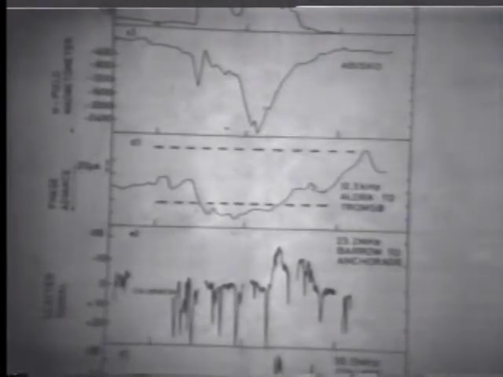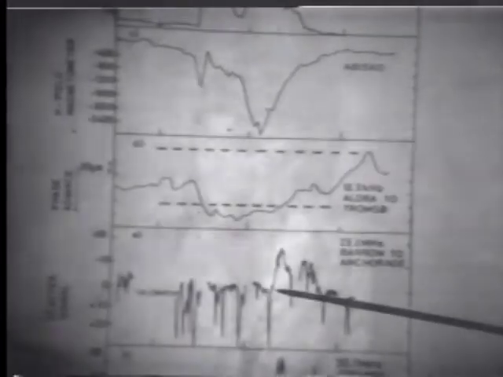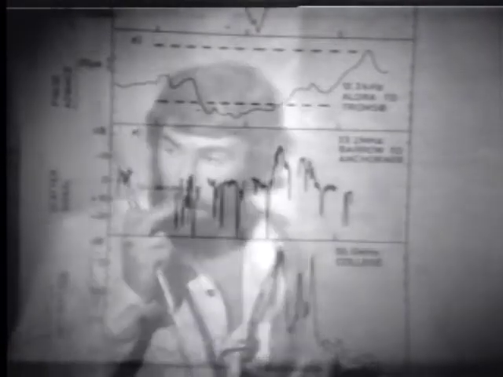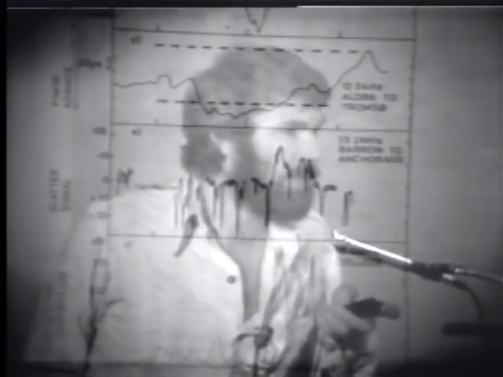Now, roughly 3/4 of an hour later, the forward scatter link between Barrow and Anchorage at 23.2 megahertz began to show very anomalous absorption, rising to about 18 dBs. And one can interpret this again only in terms of the precipitation of very energetic electrons, possibly with energies exceeding